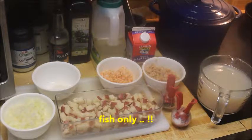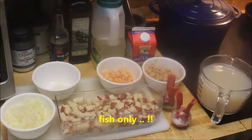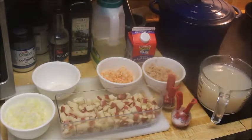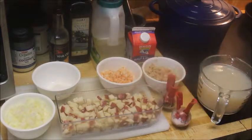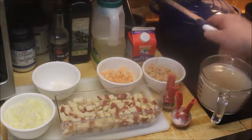Fish only, so I can't use bacon. So I'm going to use a little vegetable oil and a little wok oil to add a little more interesting oil flavor that I missed from the bacon. Got my 1/4 inch dice onions, 1/4 inch dice potatoes, and unlike I learned in Ireland, I refuse to take the skin off of my potatoes. Some flour, a tin of shrimp, 3 tins of clams, some cream,